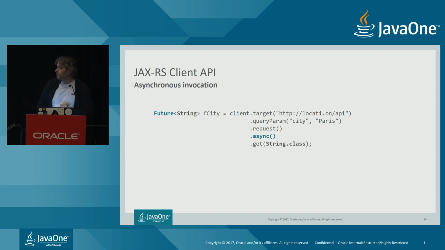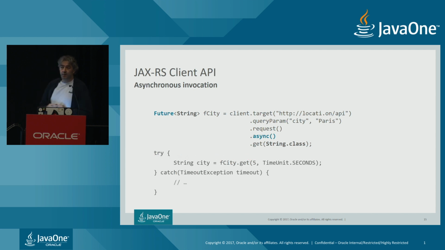Now, if we do that kind of request, we will basically have a non-blocking call. So our method will return right after the GET, right? But you know that to access a future object, we need to do a GET. And the issue is that that GET is blocking. So with that, we haven't solved anything. We have just delayed the problem. We still have a blocking behavior, and obviously we don't really want that.